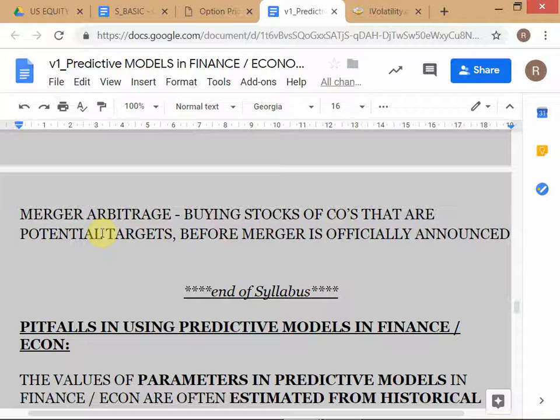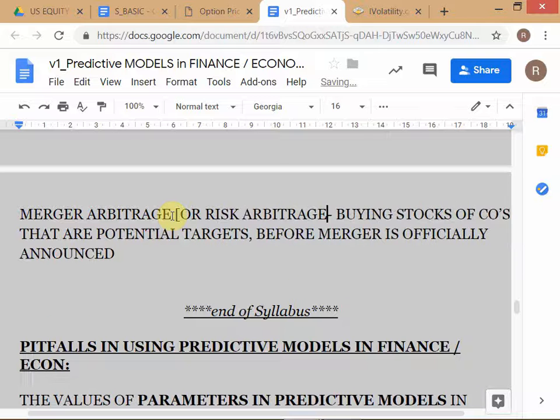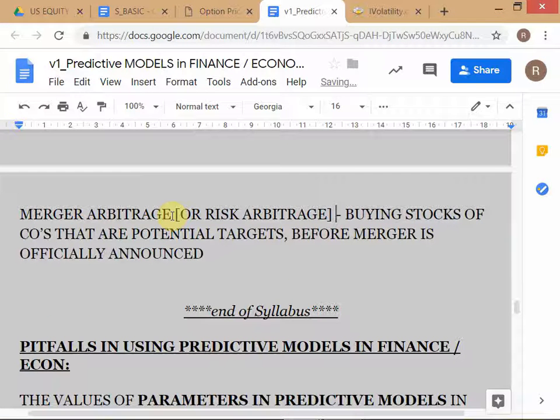Yes, sir. Okay. So you're learning something new about mergers as well. This is actually a kind of speculative activity carried out by the banks and investment banks. This activity is called merger arbitrage. It is also called risk arbitrage. Risk arbitrage, you can see already, is a kind of oxymoron. It's like a tall short person. Sometimes people might just say risk arb, instead of using the full word arbitrage.